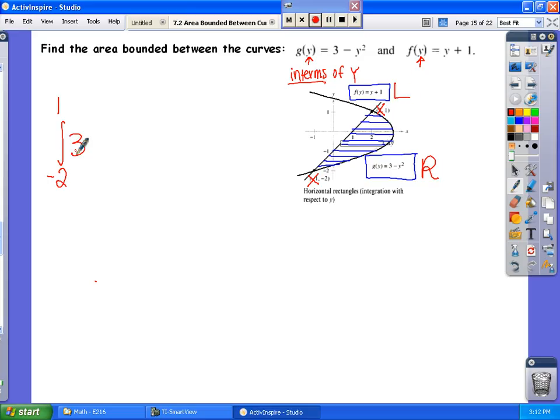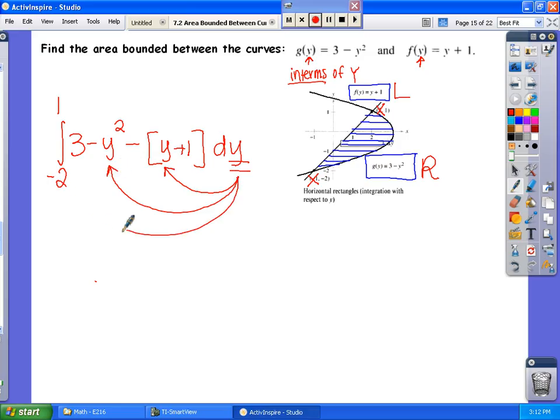And the second you see this dy, double check, is everything in terms of y? Is that a y value? And is this a y value? You want to double check that before you move on. That is a major mistake I see. So in this case, everything is in place, and so you would essentially just be solving this simple problem,